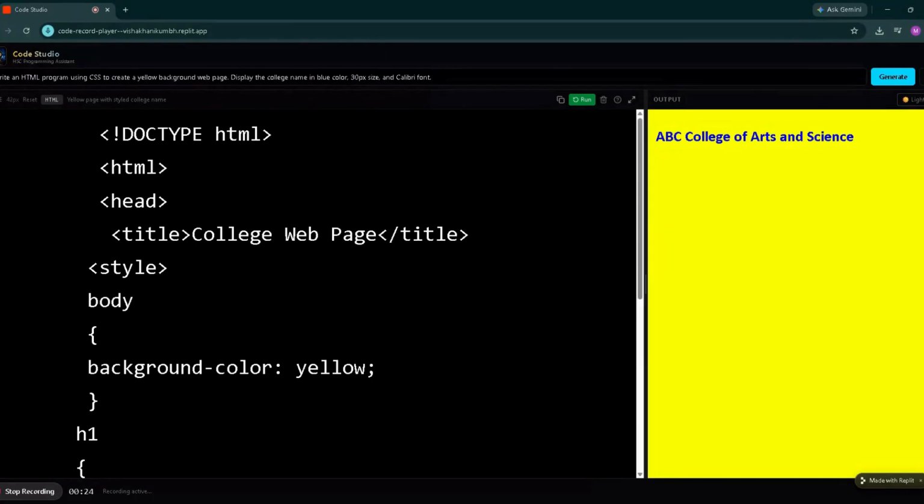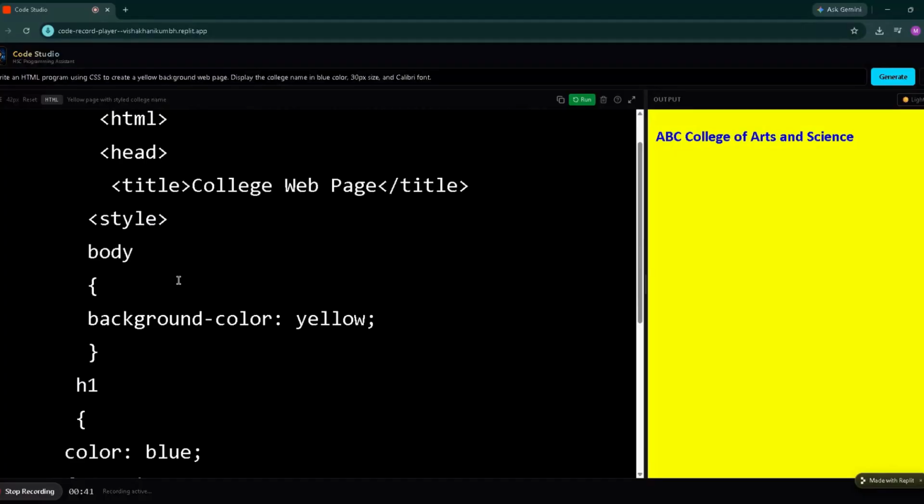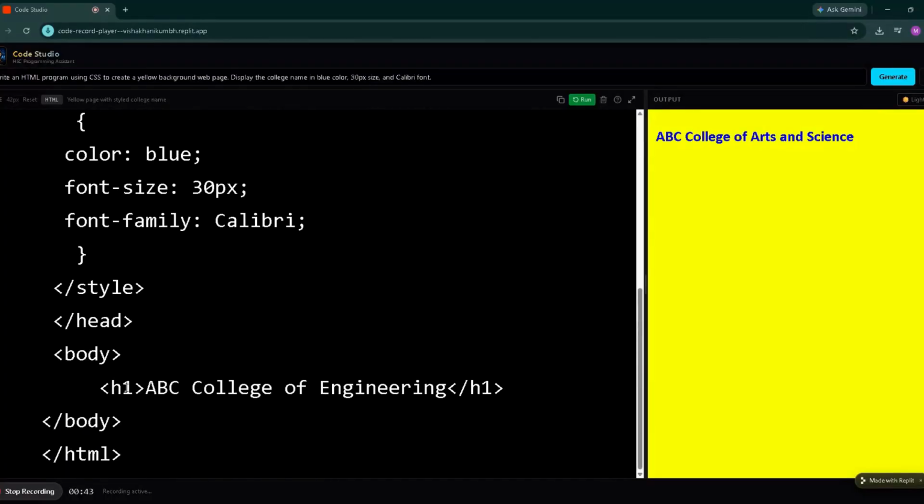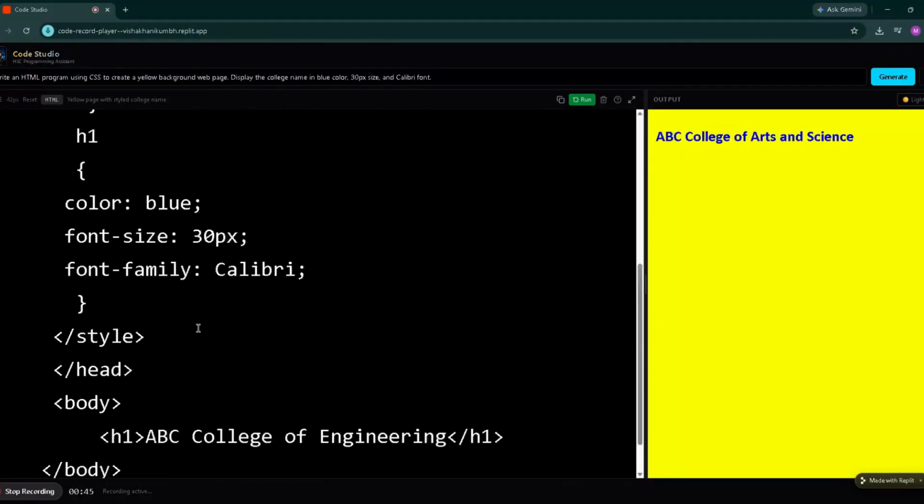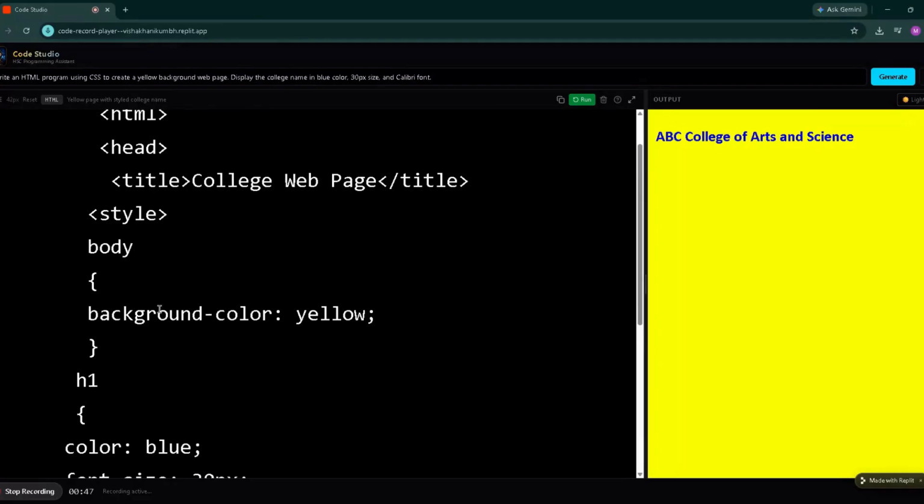Step number 1, create the HTML file. Now type the basic HTML structure with the HTML, head and body tag. So first line, doctype html, html, head, title, college web page, slash title. Close the slash head also, and slash body and slash html at the end. So after the style tag,